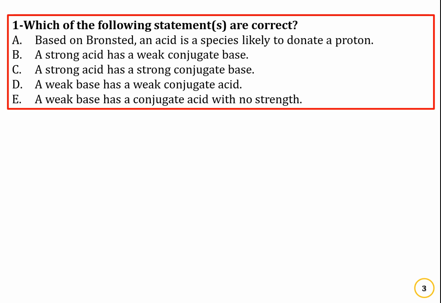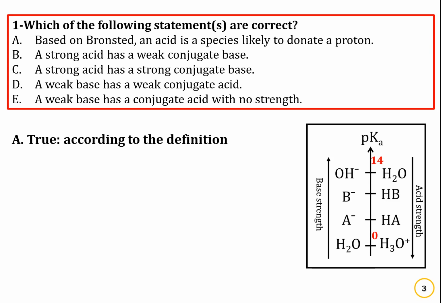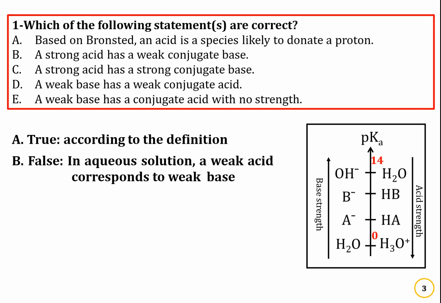A: based on Bronsted, an acid is a species likely to donate a proton. So A is true according to the definition of Bronsted. An acid is a substance that releases H3O+. A base is a substance that accepts H3O+. A strong acid has a weak conjugate base. This is false